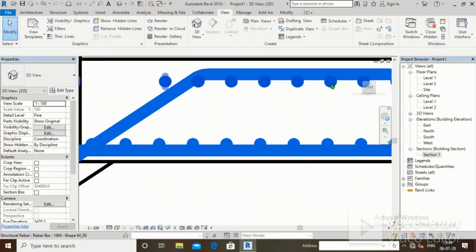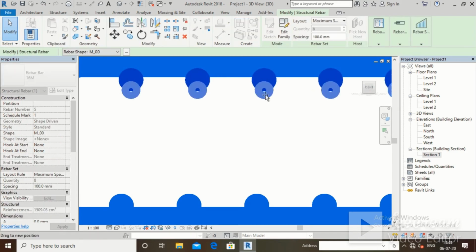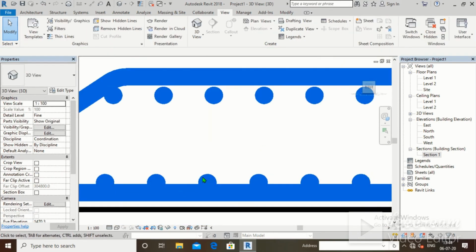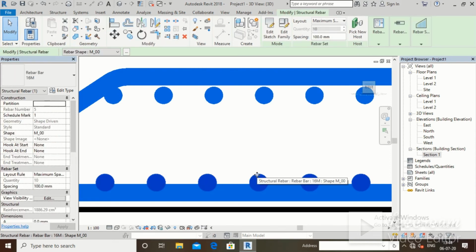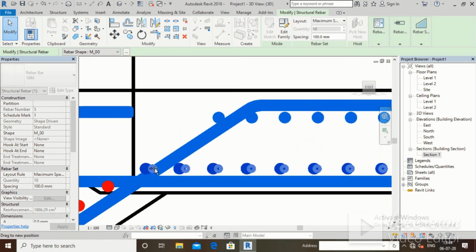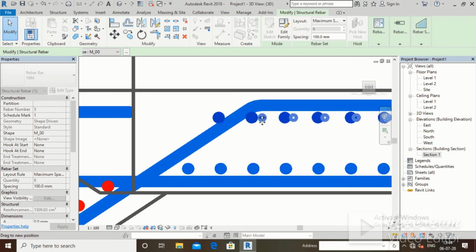We will again go over here. Select this bar. We'll select these bars and move them a little bit.